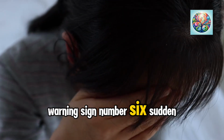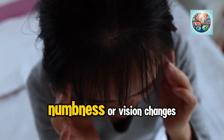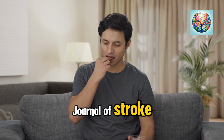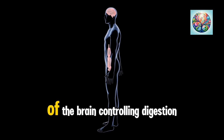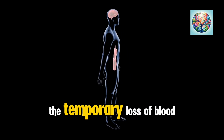Warning sign number 6. Sudden nausea or vomiting accompanied by other symptoms like numbness or vision changes could indicate a TIA. A 2022 study in the International Journal of Stroke found that 20% of TIA patients experienced nausea. This happens when the area of the brain controlling digestion and nausea is affected by the temporary loss of blood